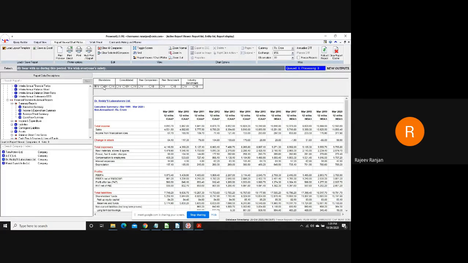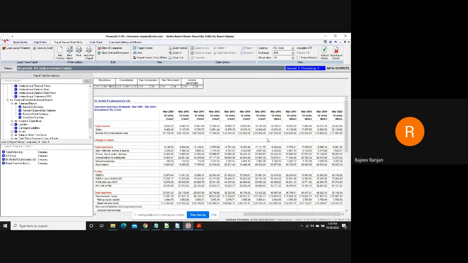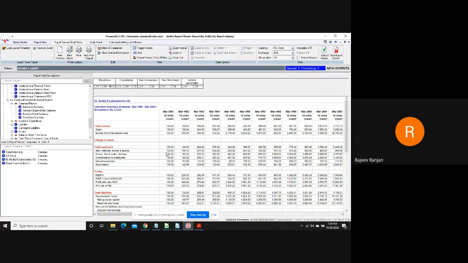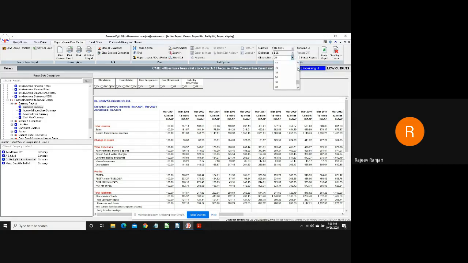GY is the year-on-year growth, but IY gives you the indexed number, and it's indexed annually. When we look at the IY, the last available year is made the base 100 and then it gives you the index number. So you can quickly keep on changing. For example, if you want to make an index for every 10 years, you can always change this and refresh it. So the 10th year will become the base year. So now 2001 is the base year as 100. I can change this to 10 now.